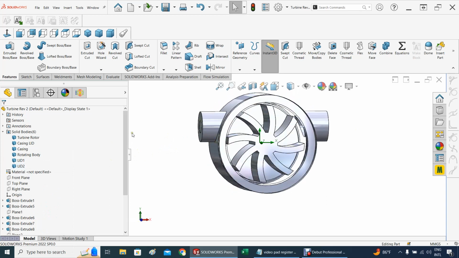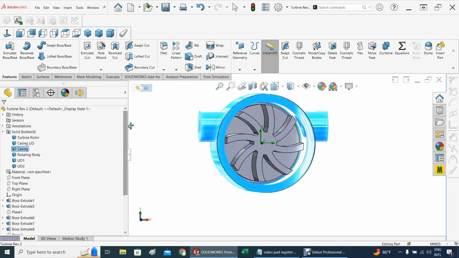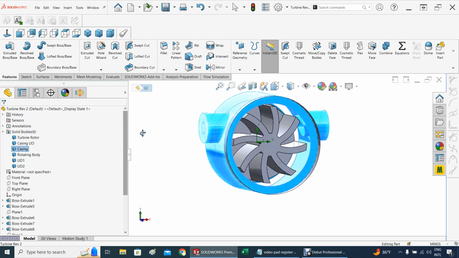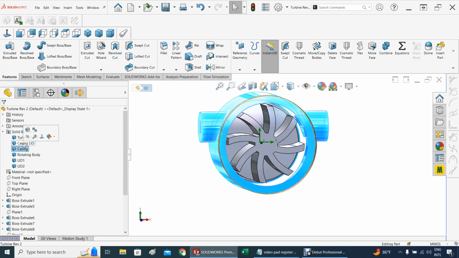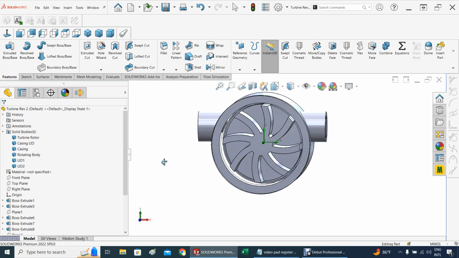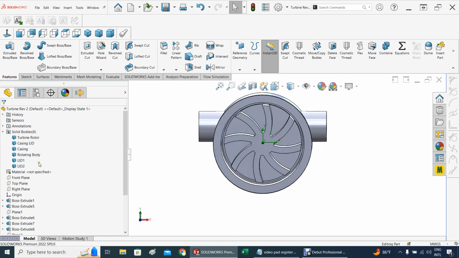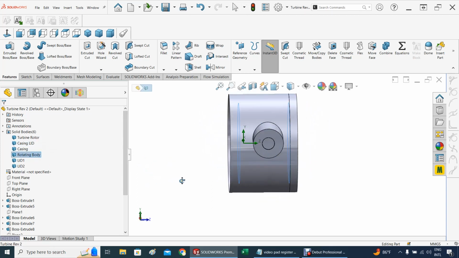But the main part here is the rotor and the casing, the general casing, as you can see. And I also added a casing lid that's right now transparent, so you can see through it. And there's something else here very important. It's called here the rotating body. You can see that it is something